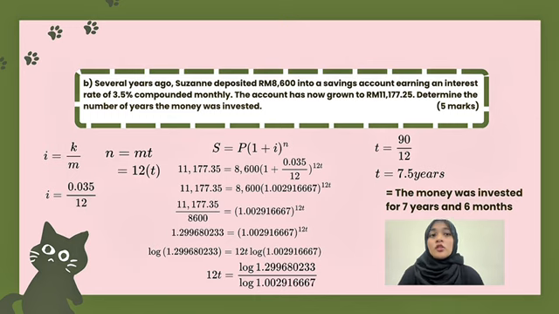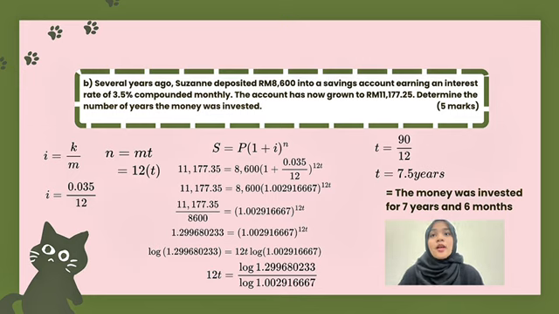1.299680233 equal with 12T log 1.00299667, and then remove the log to the back, and it would be 12T equal with log 1.299680233 divided with log 1.00291667. So we got 12T equal with 90, and then remove the 12 to the back, so it would be